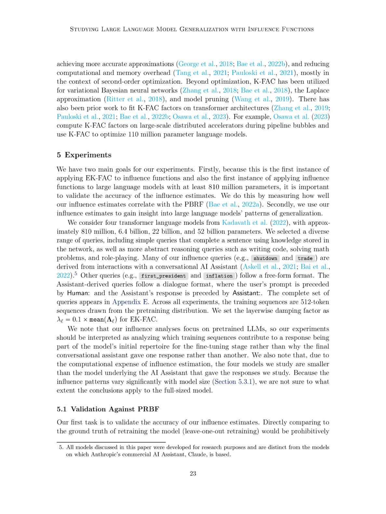In this section, we focus on confirming the accuracy of our influence estimates. Instead of directly comparing them to the ground truth obtained by retraining the model, leave one out retraining, which is both time-consuming and not perfectly aligned with the concept of influence functions, we opt for a different approach. We compare our estimates with a reference point known as the Proximal Bregman response function, PRBF, as defined in a prior work.